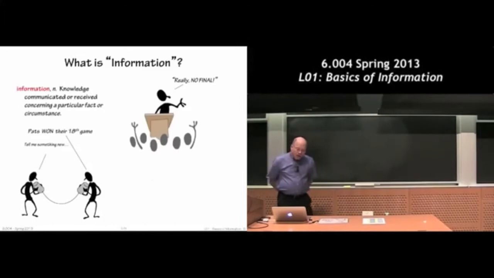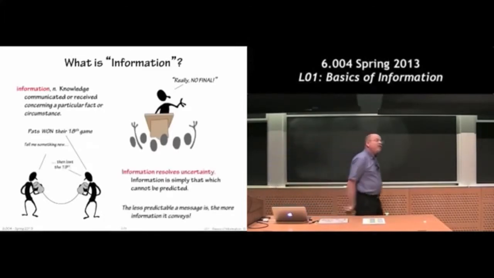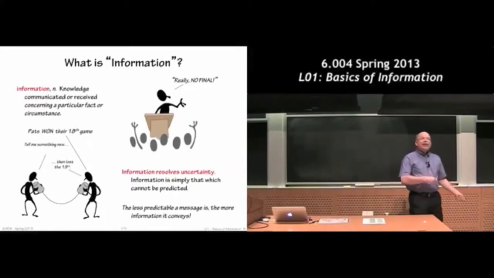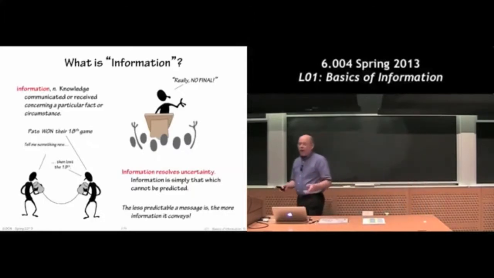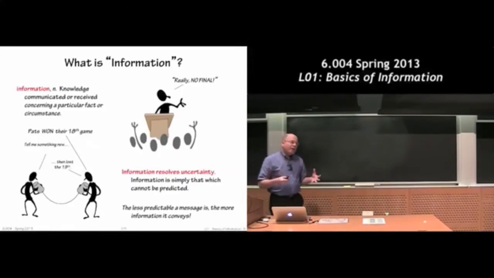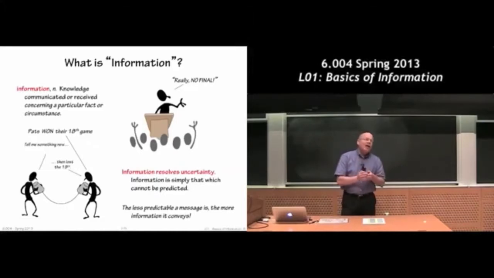Okay, so there's a notion in which information resolves uncertainty. If you already know it, and I give you some more bits, I haven't really transmitted any information. I've certainly given you some extra bits, but there's no increase in your knowledge, right? So when we're thinking about information, we're going to ask: how much uncertainty did that digital message that just arrived resolve? So there's going to be a connection between information,